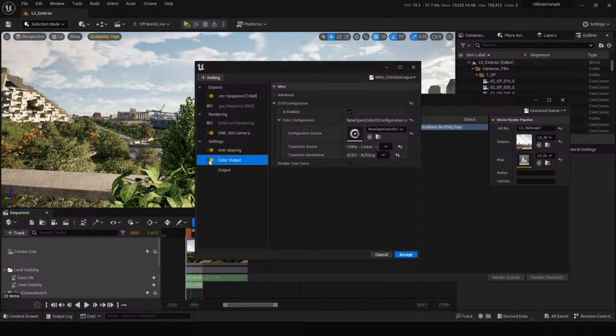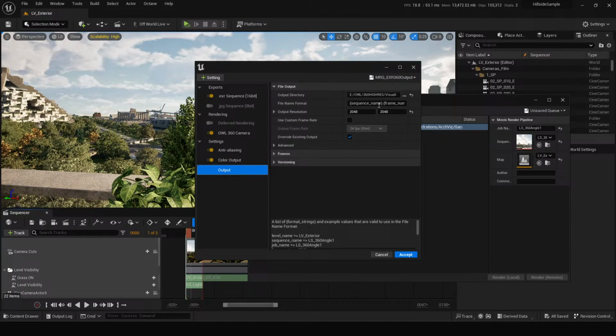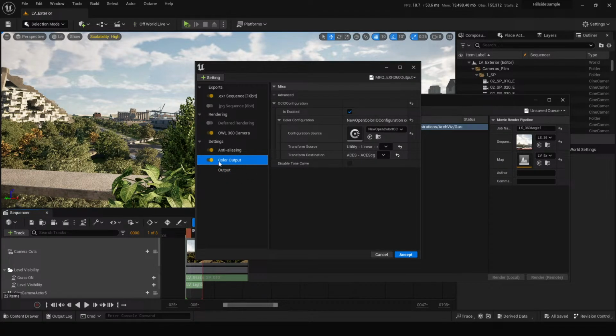And this is the color section. This is color output. This is the section we are mainly going to be looking at now. What you generally want to do is download one of these files, load this stuff up, and give it the right color space conversions. And then you just go to output and tell it where to write the file to. So this color output bit